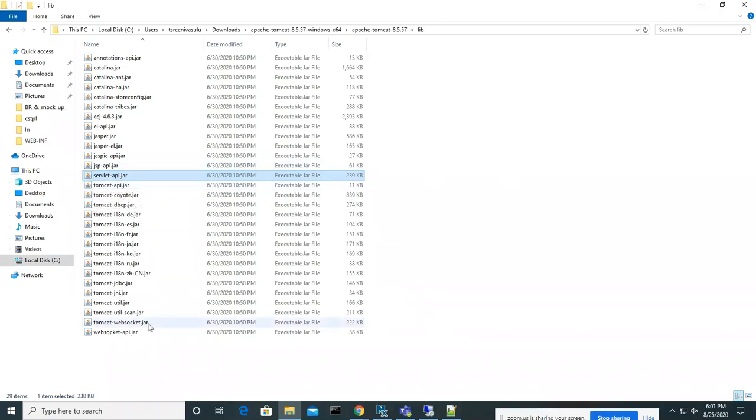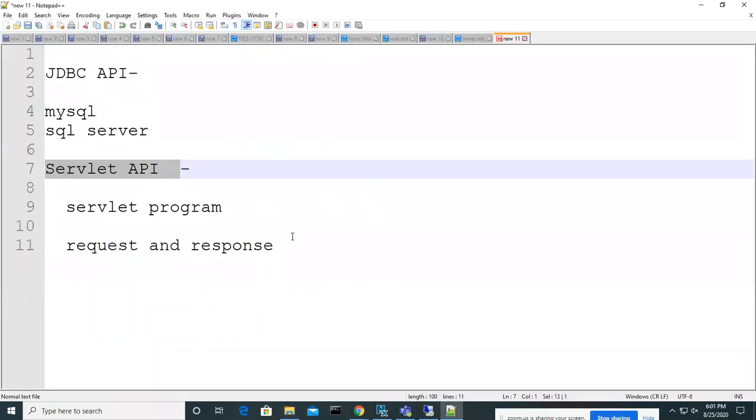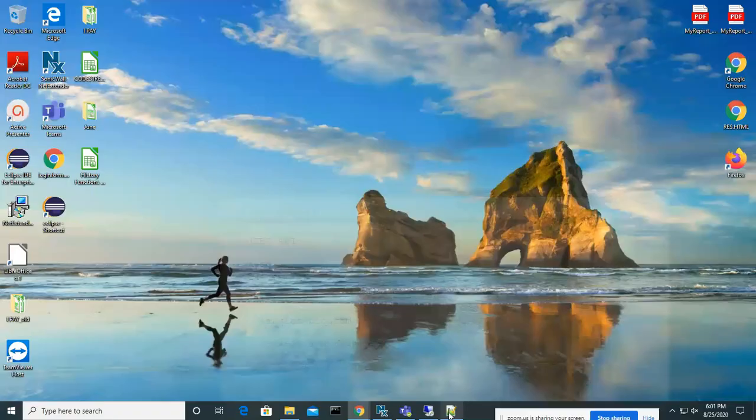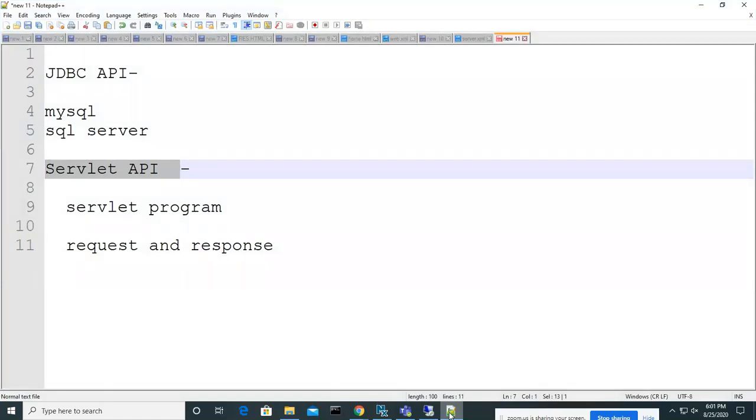Every server has its own; they already have their implementation, I mean the servlet implementation. So then, if you write a servlet program, that implementation is already there, all the dependent libraries and all the classes are part of that jar file. So that can be executed by the server.